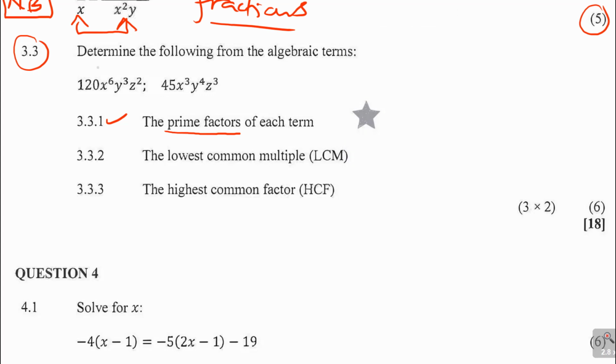When you do that, it will convert it into prime numbers. That's what you do. And then when you've done that, you just write the numbers, and then you maintain your x6 y cubed z squared and your x cubed y4 z cubed. Then after that, I'll show you now how to go for the LCM and how to go for the HCF. It's a question that flows from that into that. You make an error here, you are going to be caught up wrong in the other part. But it's a 6 marks, a given question. Question number 4,